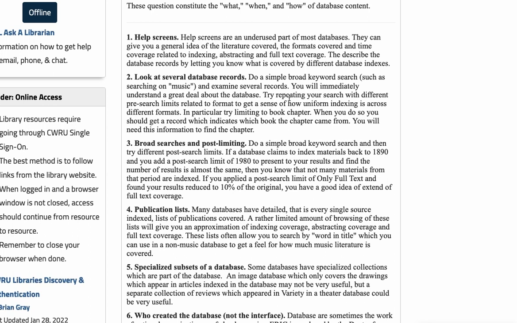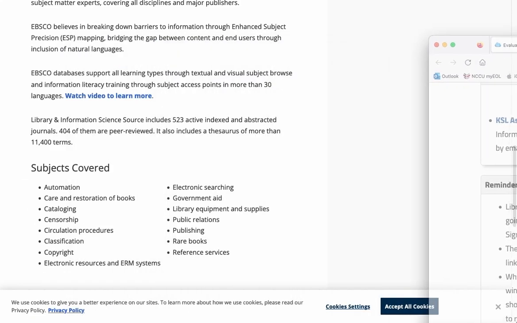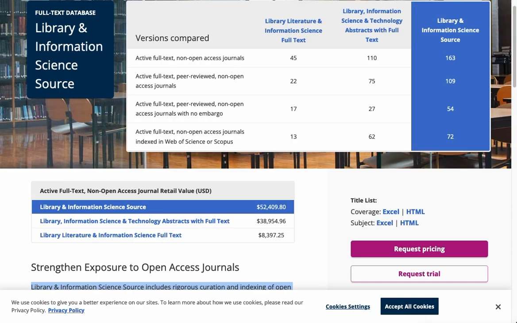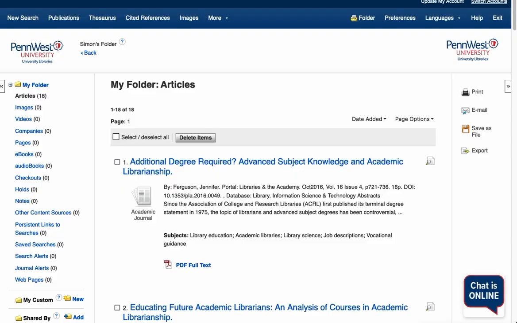Try repeating your search with different pre-search limits related to the format and get a sense of how uniform indexing is across different formats. In particular, try limiting to book chapter. When you do so, you should get a record that indicates which book the chapter comes from. You will need that information to find the chapter. So, pre-limited search fields we have here. Let's go back here,